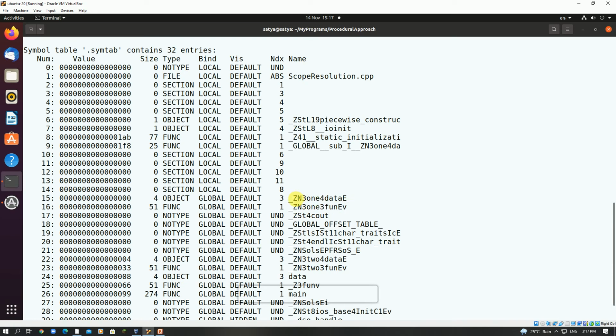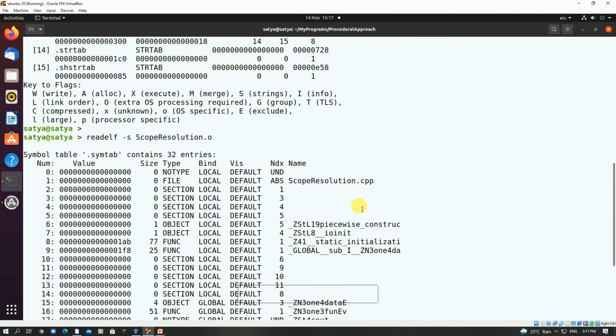So here _Z is the naming convention, N means namespace, 1 is the number of characters present in the namespace name 1. And 4, that is 1 2 3 4, data, is the number of characters present in data, and E. At the same time the function also is _ZN1 3fun Ev.